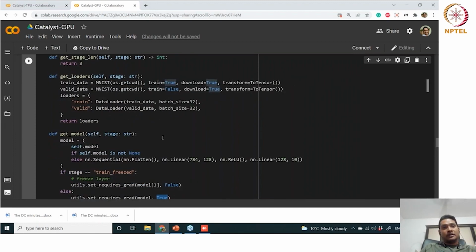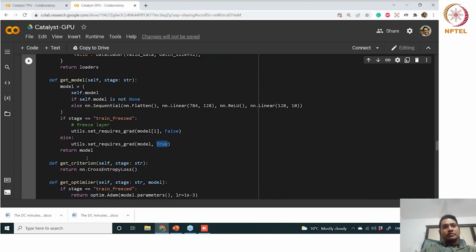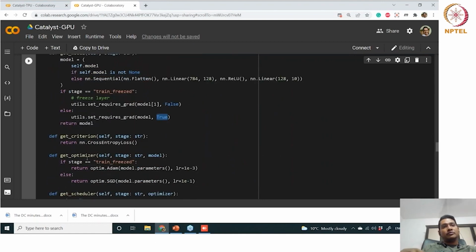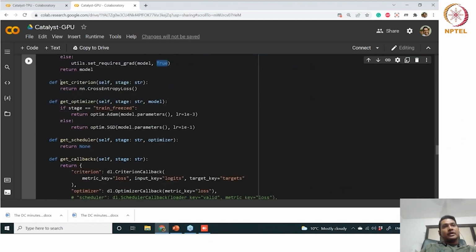So you can imagine how this would be once you try to code it in vanilla PyTorch training, right? Now, get criterion, you just do this. Basically we are defining cross entropy loss and the optimizer for the freezing stage. We are using the Adam optimizer, and for the non-freezing stage we are using the SGD optimizer.